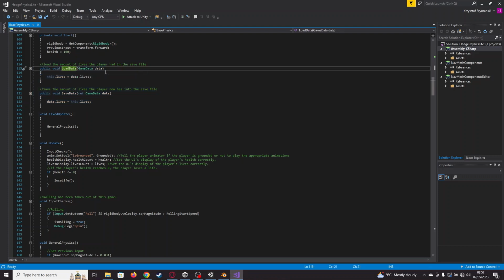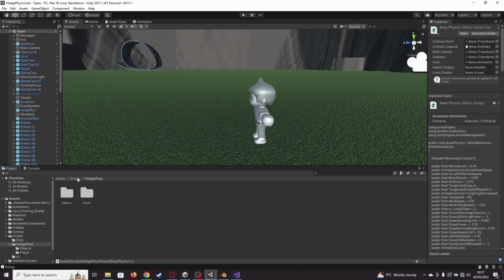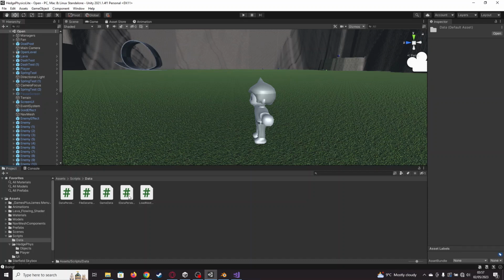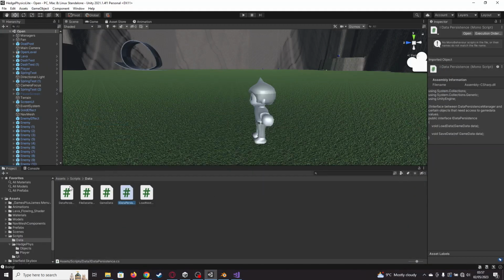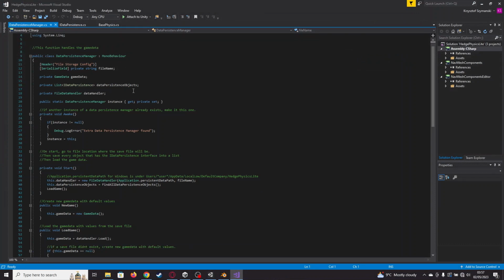So load data with the game data is essentially data from the file. So it makes it so the lives is the same when you load it, and then when you save it, it basically does the opposite, where the lives is what's saved in the reference of the game data. Everything to do with saving files, I wrote under a data folder. This is just a simple interface, and then the actual data persistence manager makes use of the